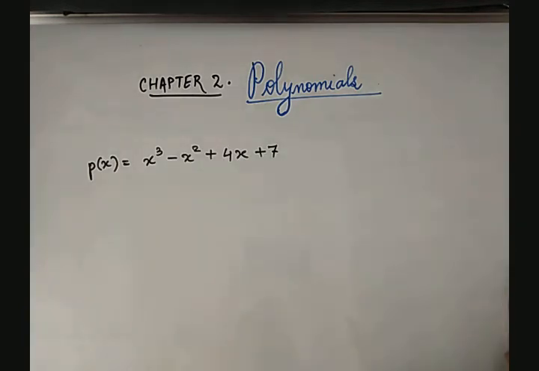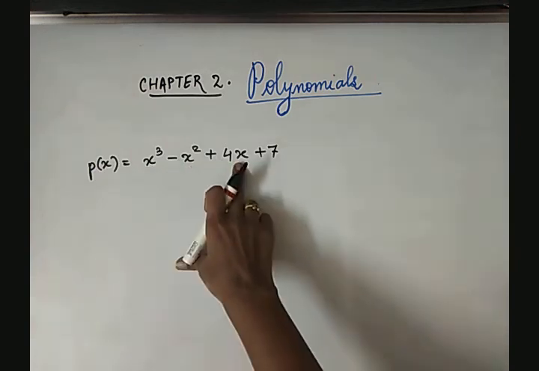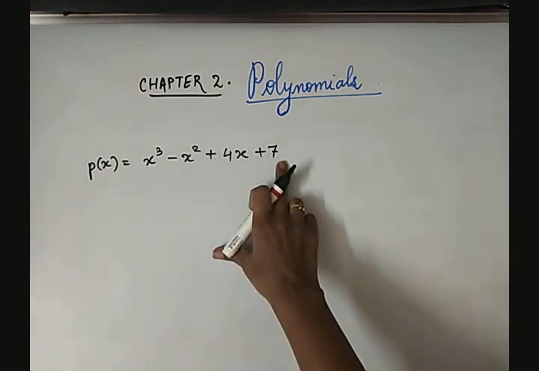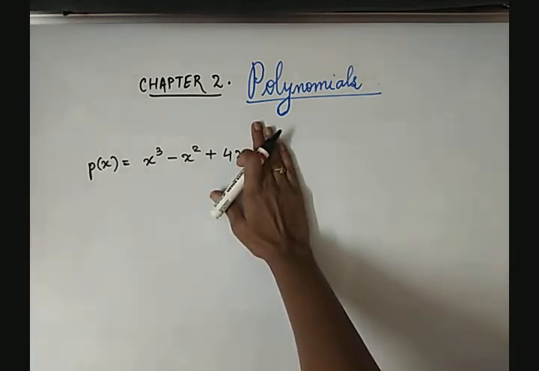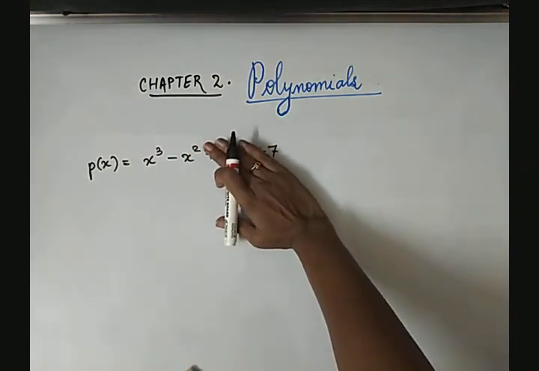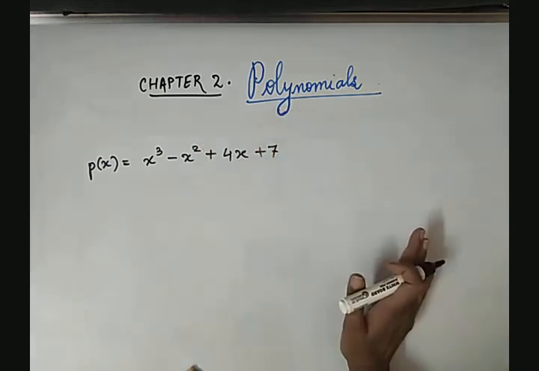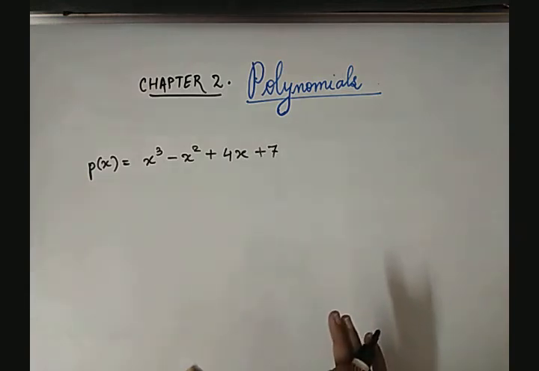Then we have seen terms. In any polynomial, how to identify how many terms are there. Now in this polynomial, how many terms are there? 1, 2, 3, 4. 4 terms are there. If suppose only 3 terms are there, then the polynomial is called a trinomial. Suppose only 2 terms are there, so this polynomial will be called a binomial because 2 terms are there. Clear? And if only one term is there, it is called a monomial. So this we have seen yesterday.